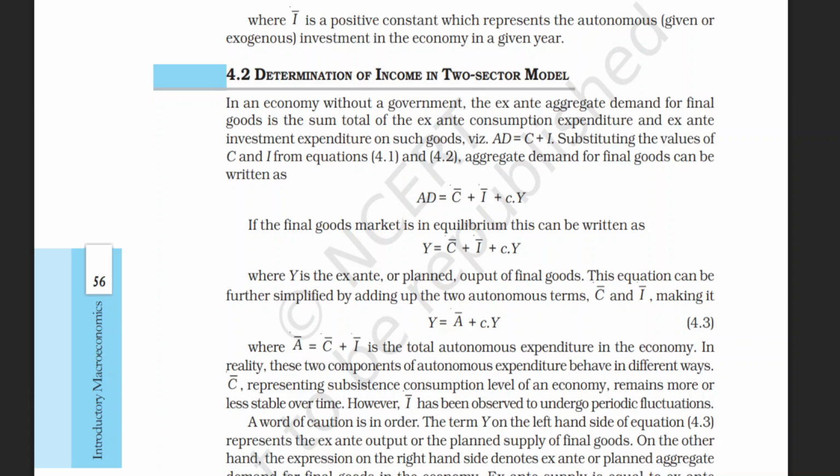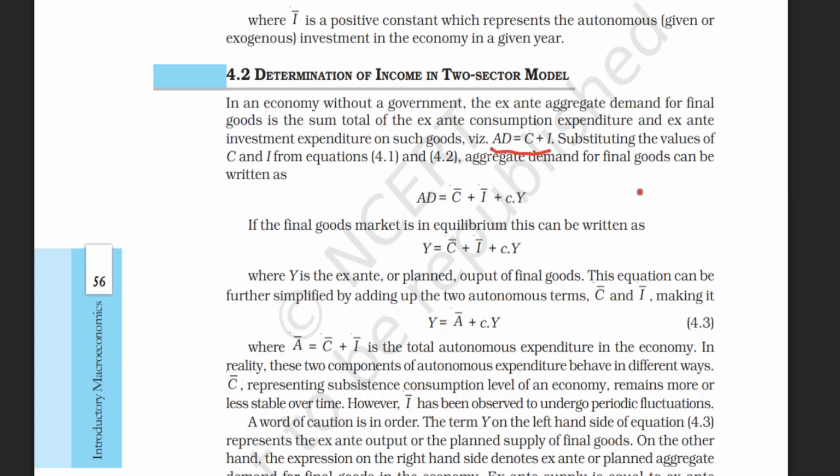I am back with another video which is in continuation to my last video. I discussed the consumption and investment part, and in investment I discussed two types of investment: one was autonomous investment and the second was induced investment. Right. Today I'll be discussing the two-sector model, which is basically the summation of what we have studied in